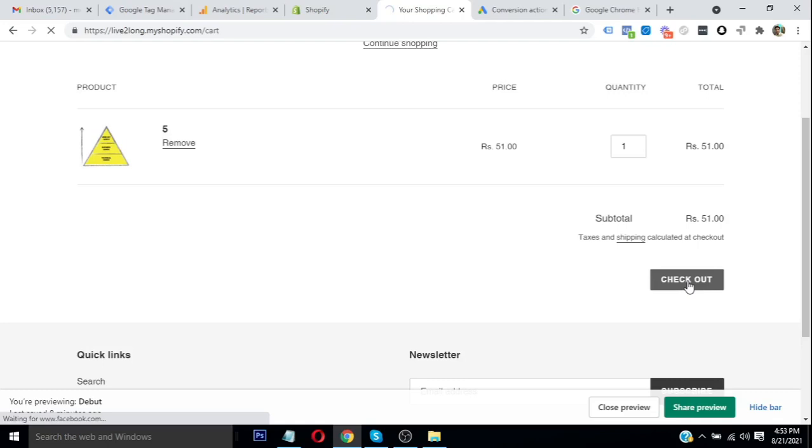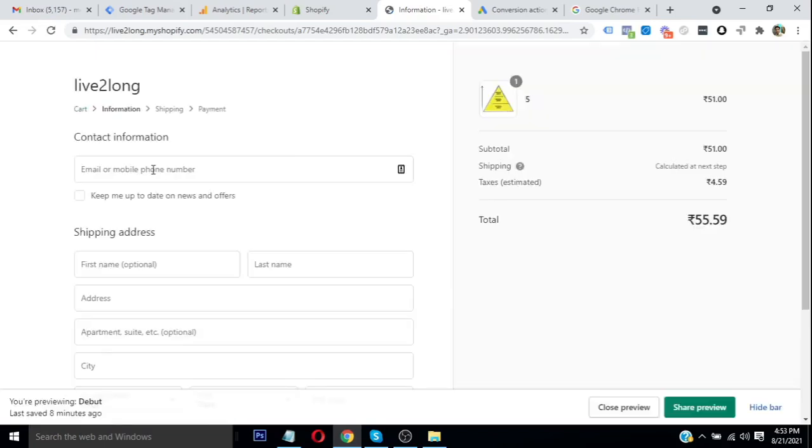And after that, we have to enter the details. We will enter test details because we are buying a test order from our test website.